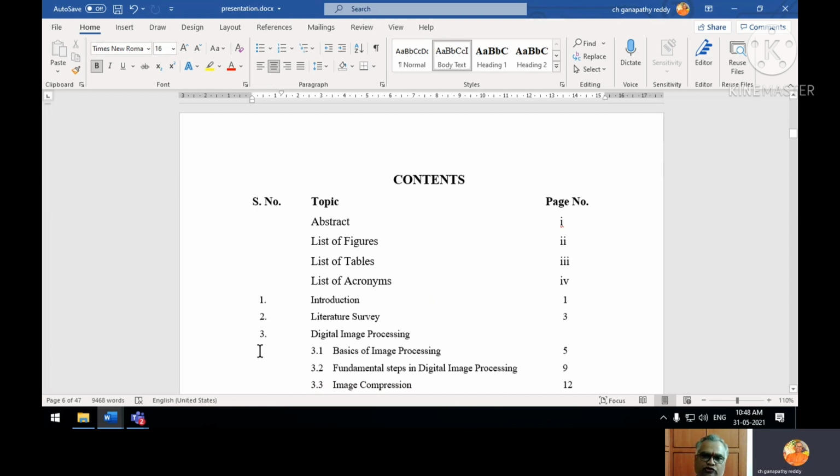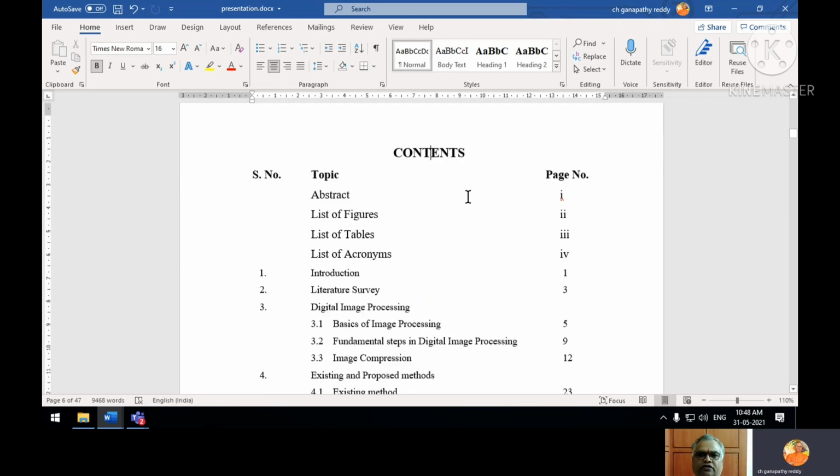Serial numbers 1, 2, 3 should be in the middle, and page numbers also in the middle. Topics like abstract should come exactly below topic, so A below T, L below A, like that. This is left alignment. Serial number is center aligned, page number also center aligned, and the heading is anyway centered.